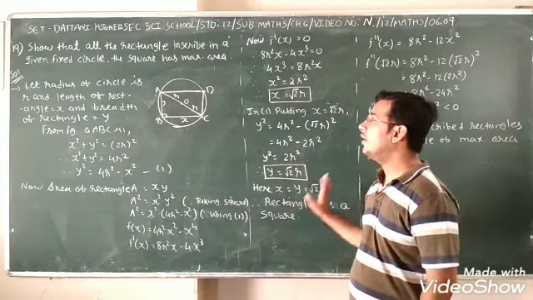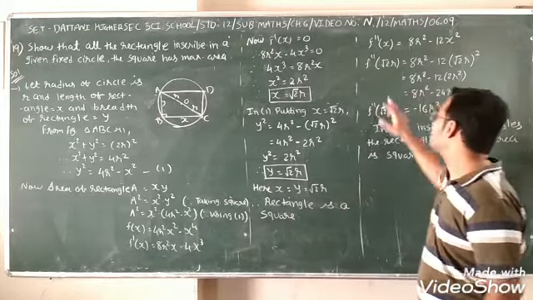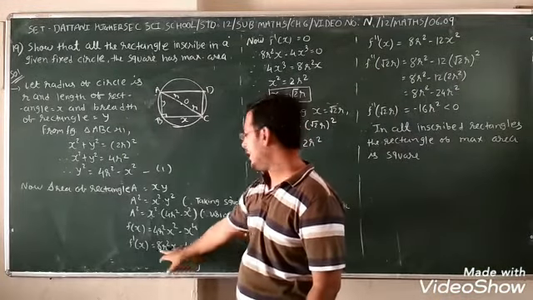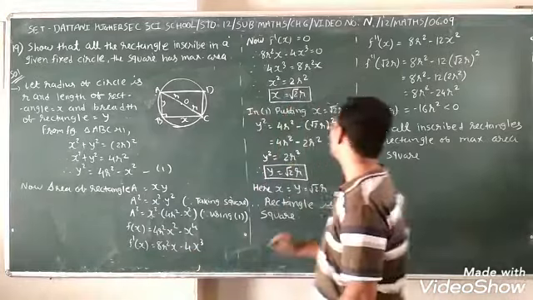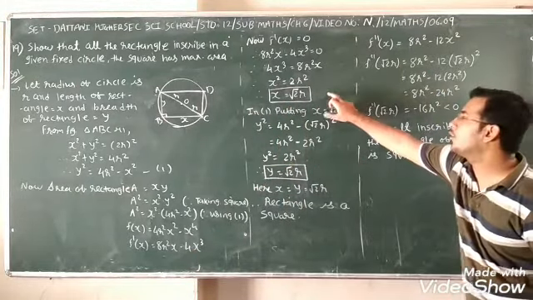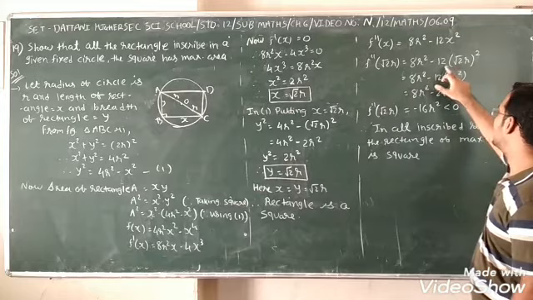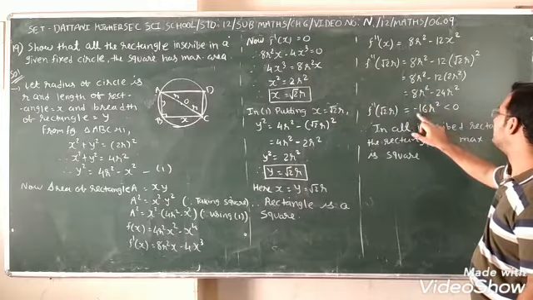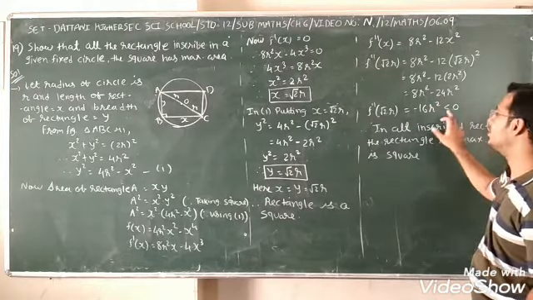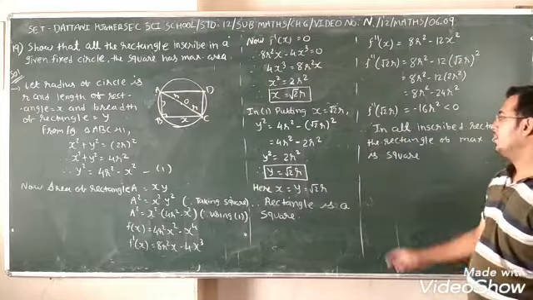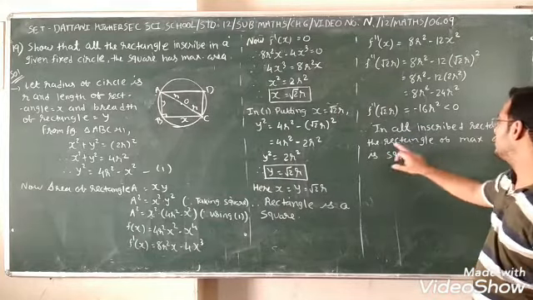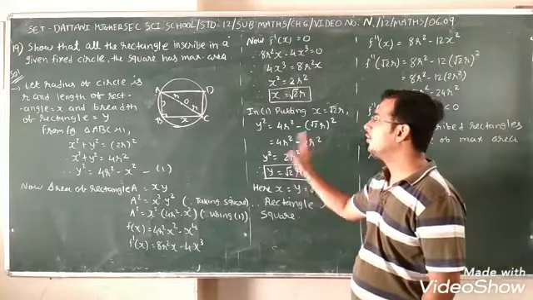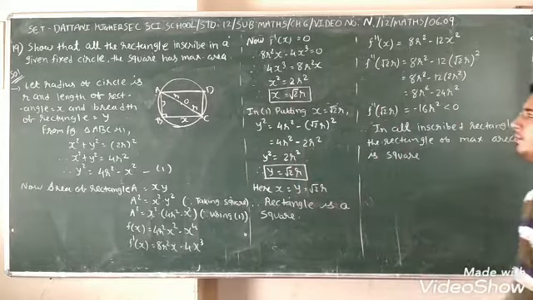That's incomplete. Now we have to prove it is maximum. So f double dash x, taking the derivative: 8r square minus 4 threes are 12x square. Now putting x equal to root 2 r: 8r square as it is minus 12 times 2r square, which is 8 minus 24, minus 16r square, which is less than 0. It means that is the maximum. Therefore, among all inscribed rectangles, the rectangle of maximum area is a square. So we proved it. Note it down and write the sum in your book.